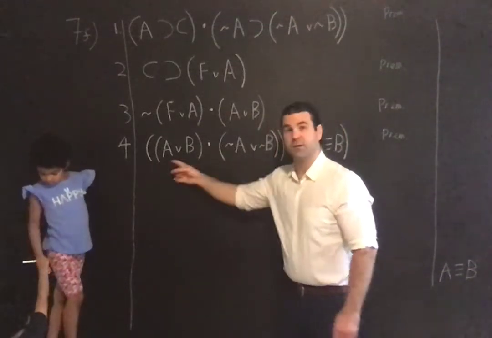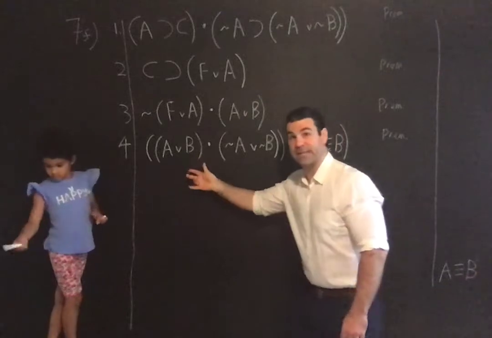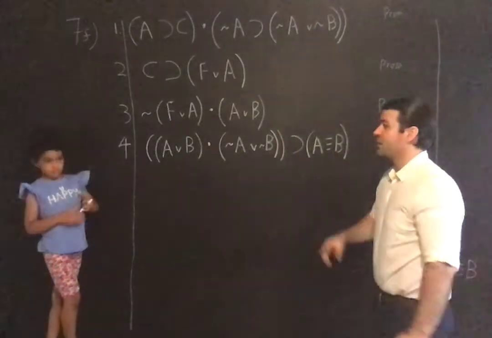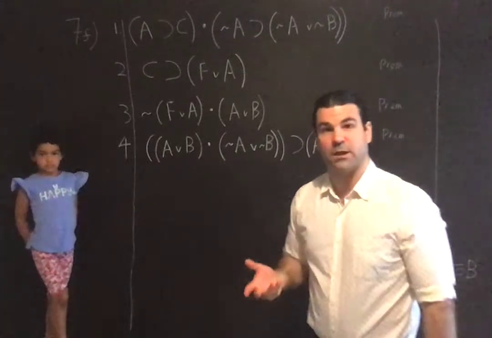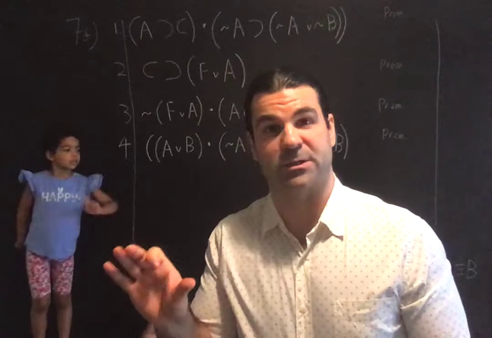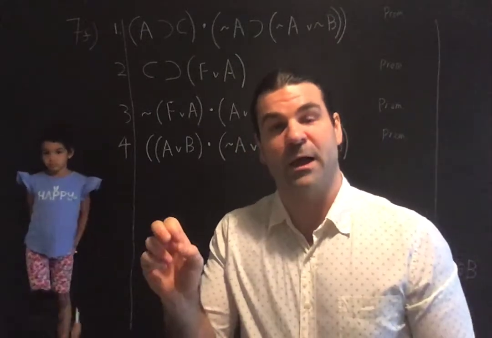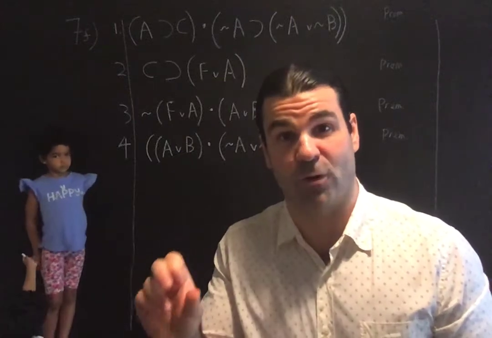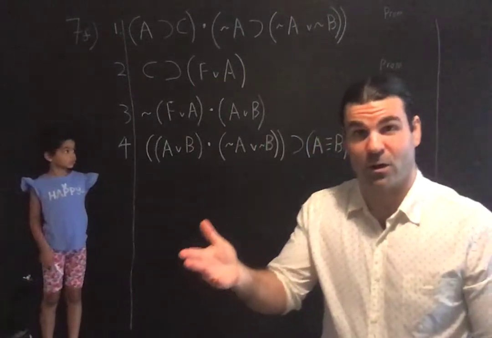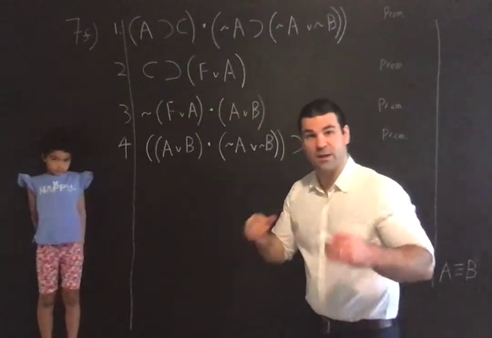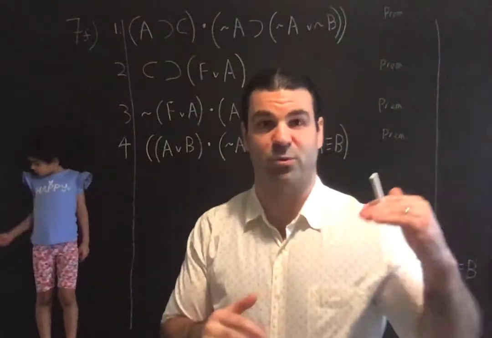This is my interim conclusion. That's what I need to get home, right? Just that formula, that conjunction. Okay, what rule allows me to infer conjunctions as a conclusion? That is, what rule has as its conclusion formulas of the form conjunction? Only conjunction does, right? So I'm going to get this by conj, and knowing that that's the rule I need,